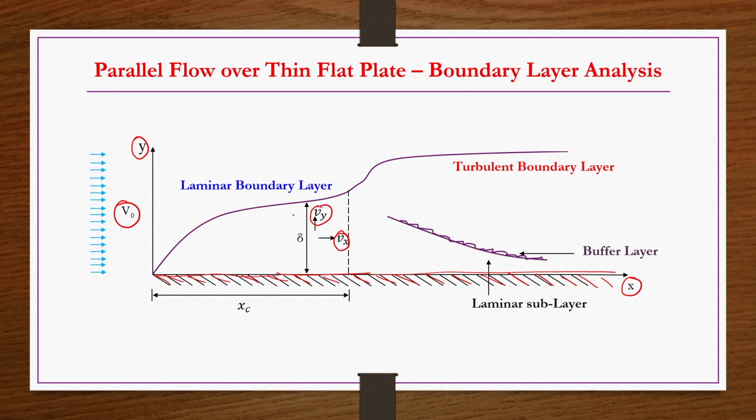Now, when the fluid comes and hits the leading edge of the plate, you have to visualize the plate in 3 dimensions also. In the z direction, which we are not able to draw here, whatever the width is, we take it as W. So now, what happens when the fluid comes and hits the leading edge of the plate, within this screen you have to see.